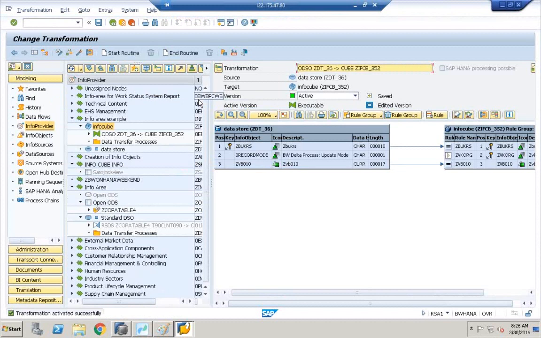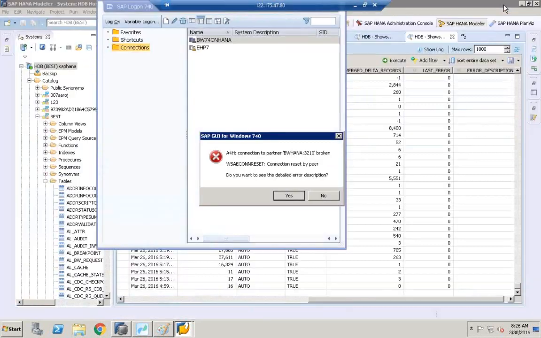We can see different types of delta merge. You can go to system, you can go to system information. There you can see merge statistics. So now I'm just trying to show you on the DTP. So this is the job. This is data transfer process. So when we go to this DTP,